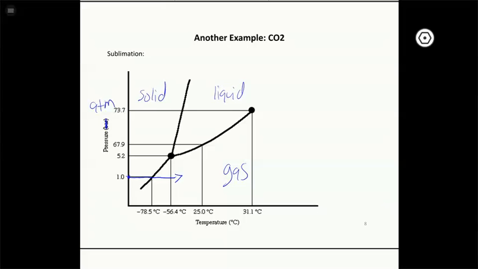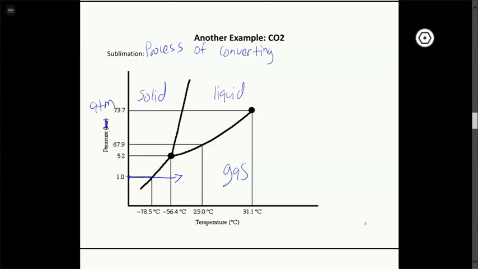That's exactly what's happening there. Dry ice is frozen CO2, but at normal atmospheric pressure, you don't go through liquid CO2. You go directly from solid to gas, and we call that sublimation. All right, so most substances can sublime under certain conditions, usually lower pressures, but CO2 sublimes at normal atmospheric pressure. So sublimation is the process of converting a solid directly into gas, skipping the liquid phase. And so we notice that at 1 atmosphere,